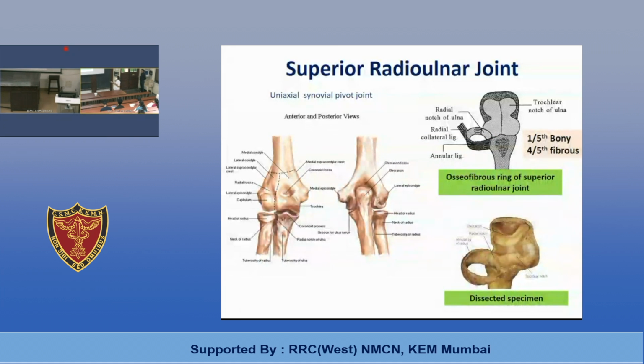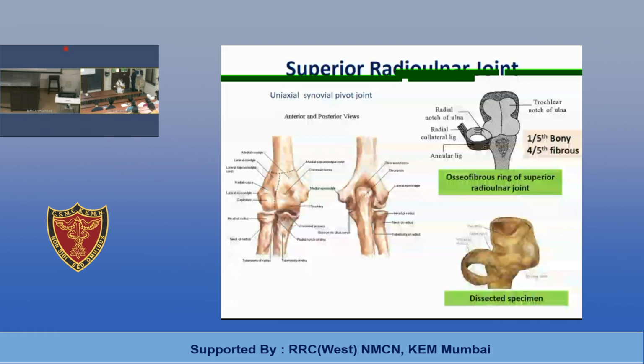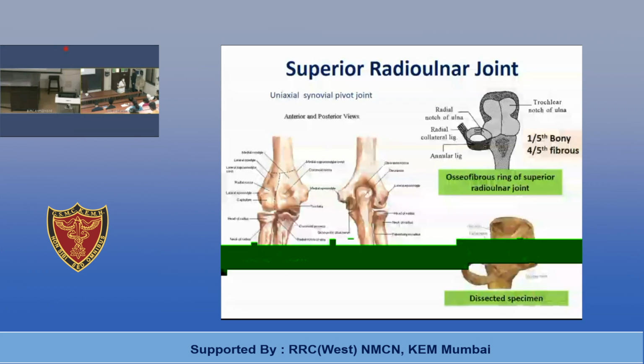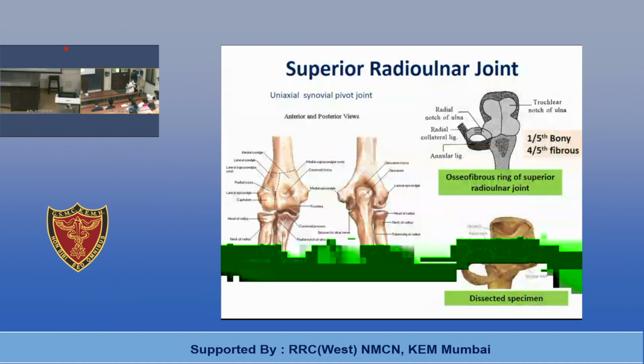Okay. So if you see continuity of this annular ligament, it will blend with capsule of elbow joint. Also, it will blend with which ligament is present laterally along elbow joint? There are two ligaments which are important, as you can say thickening of the capsule of elbow joint laterally and medially. Laterally there is radial collateral ligament and medially there is ulnar collateral ligament. So as this joint is present laterally, the annular ligament will blend with radial collateral ligament, also with the fibrous capsule of the joint.